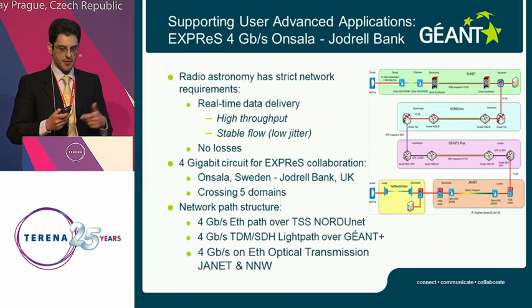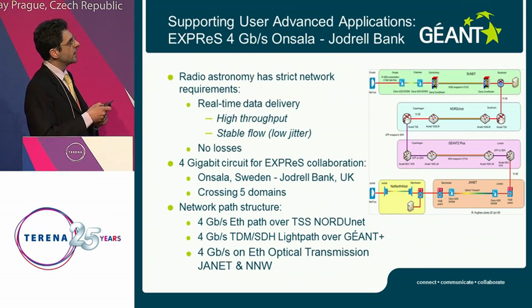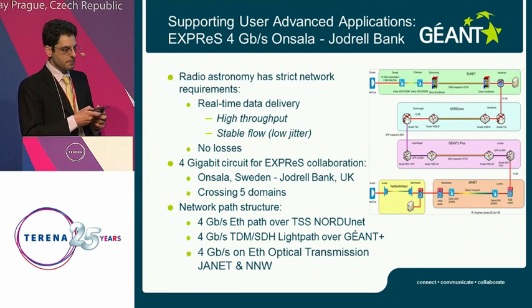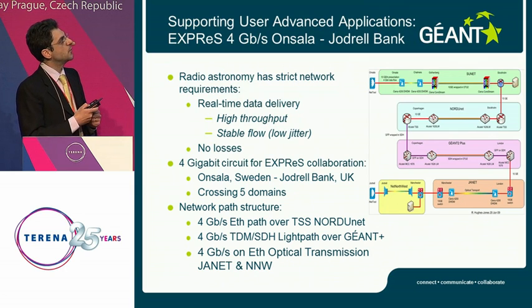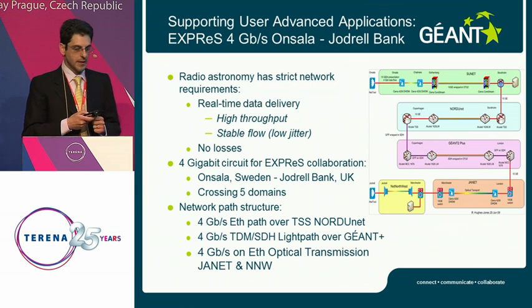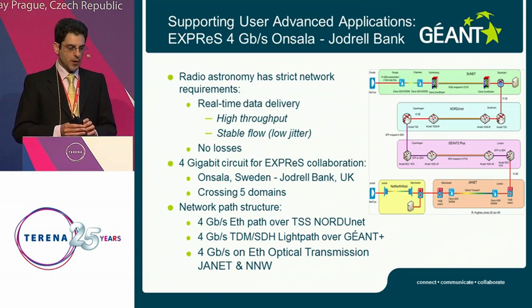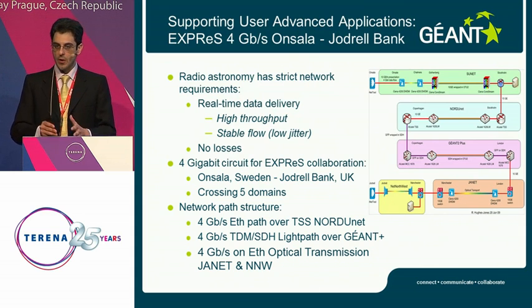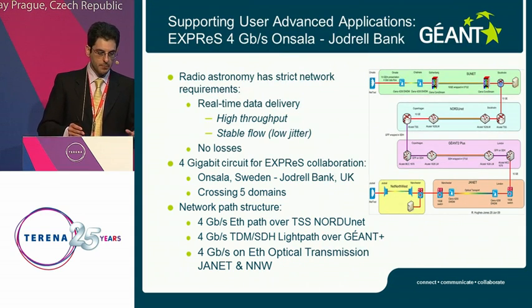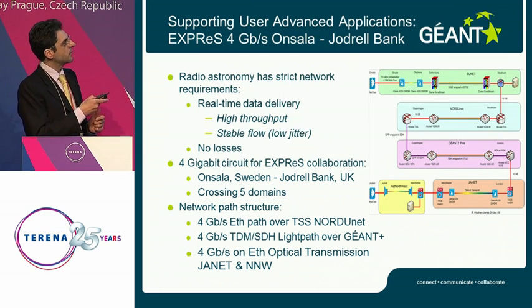The first one is radio astronomy we were talking about before, and it is related to a 4 gigabit connection between Onsala in Sweden and Jodrell in the UK. Radio astronomy is pretty interesting for us because it has quite strict network requirements to meet: high throughput, stable flow, low latency, no losses. And so this 4 gigabit circuit was the result of a collaboration of